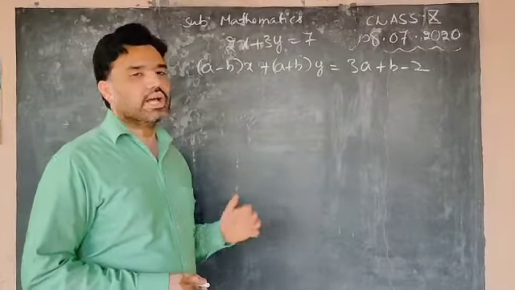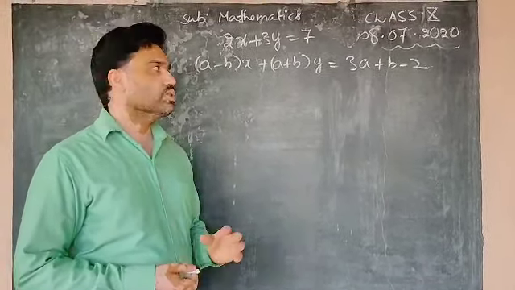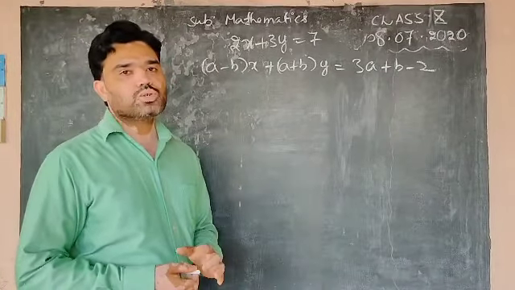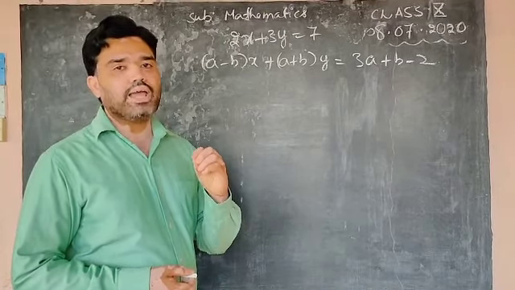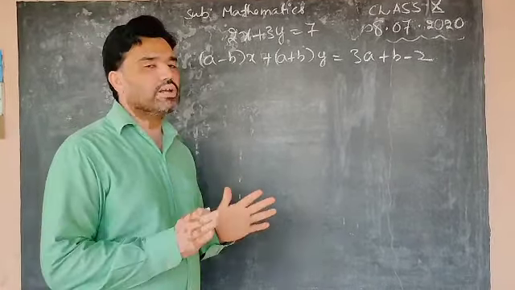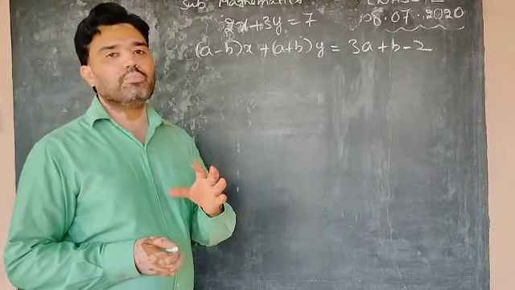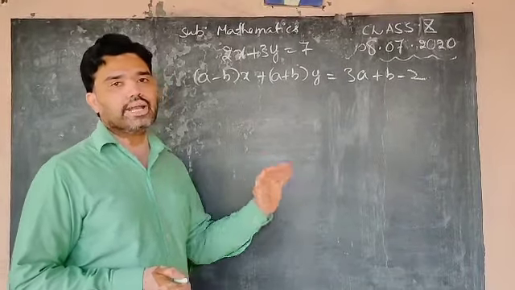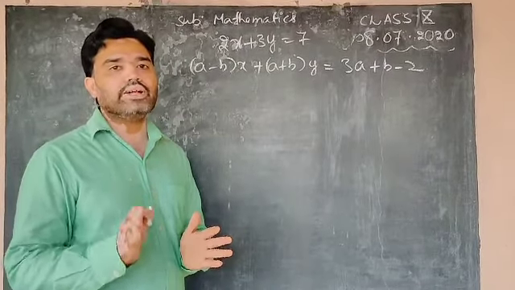But in today's class, according to yesterday's information from the Central Board, the cross method is completely deleted. So no need to learn solving the system of linear equations by the cross method. The remaining all verbal sums you have to concentrate. In the first chapter, Euclid's division lemma to find HCF, that is also deleted. So the remaining topics as they are we have for the academic year 2021.